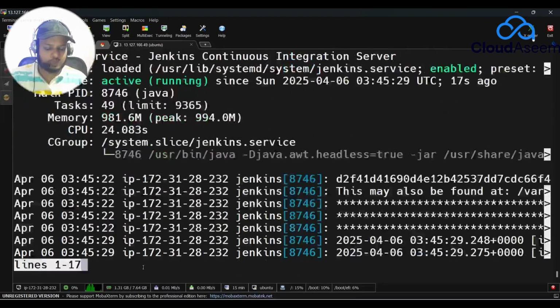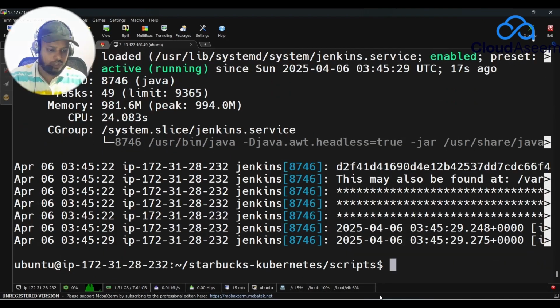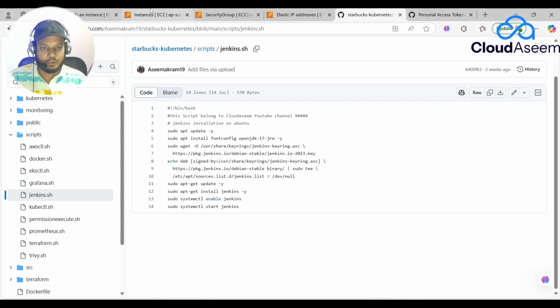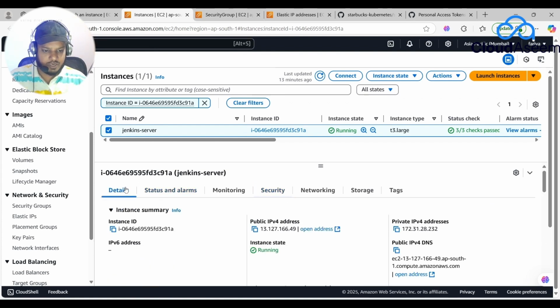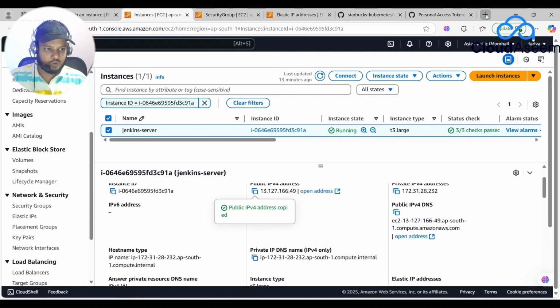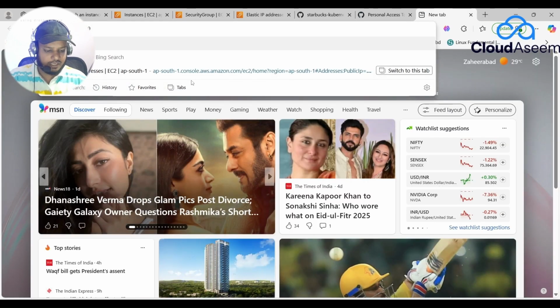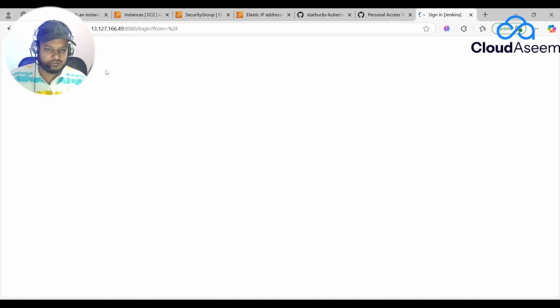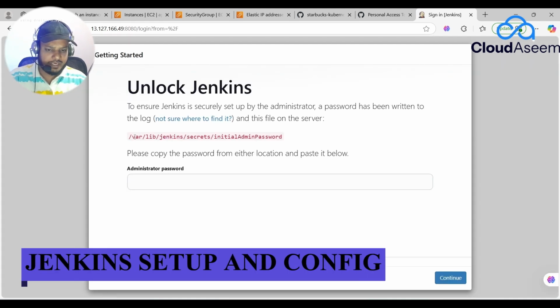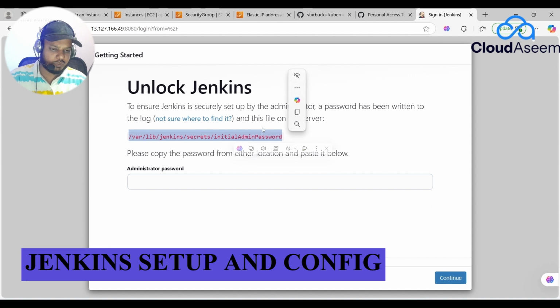And it's running on which port number? It's running on 8080. I have already opened port 8080 on my virtual machine. So let me copy my server IP, that is the static IP, and paste it over here and give it 8080. If you hit enter, you'll find that I need to give the password